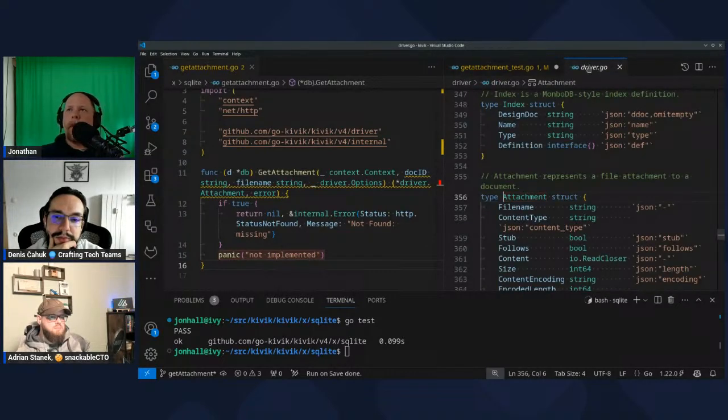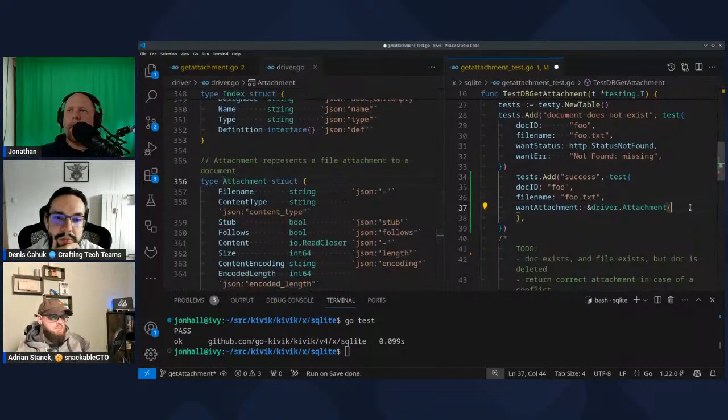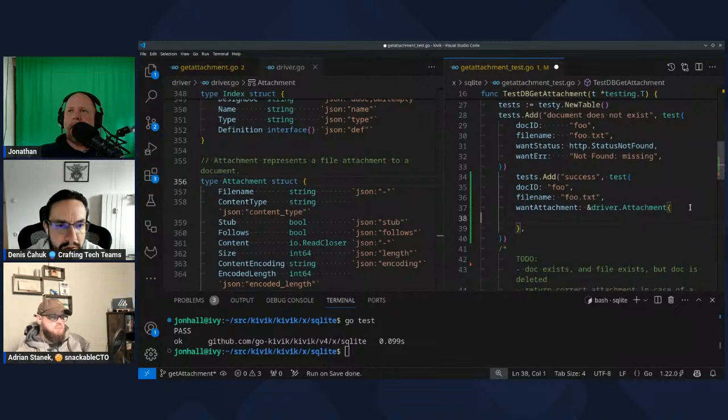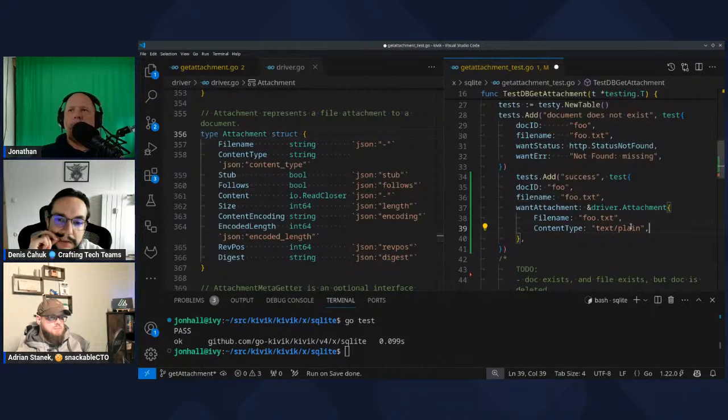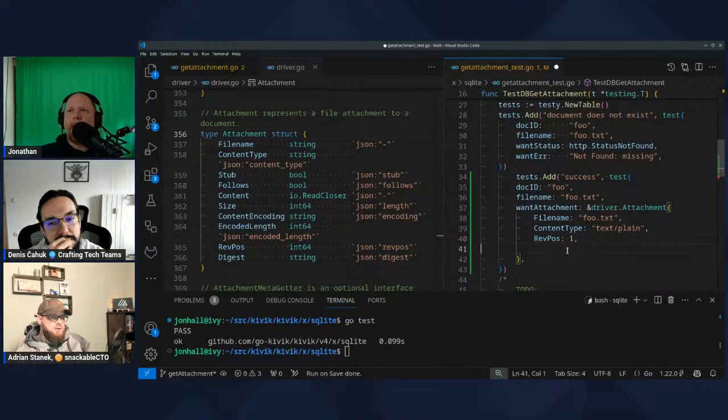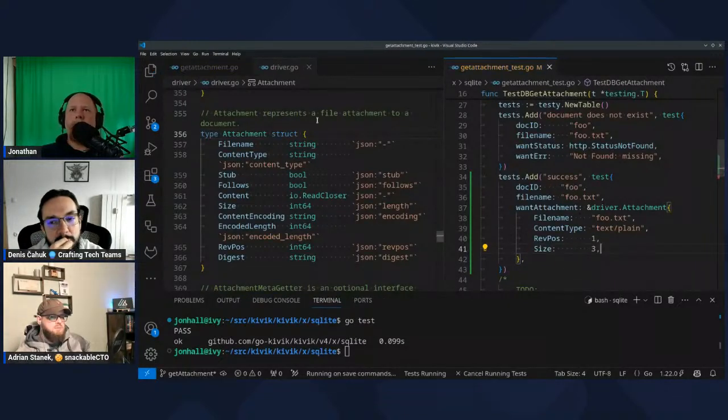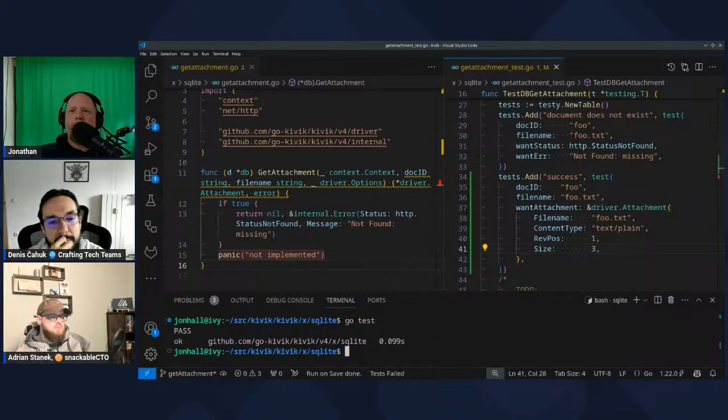I'm going to pull that up here on the left-hand side so we can see what kind of details we want there. Let's say the file name. We can make up these details. Let's just make sure that the content type and the file name are correct. We're also going to get a rev. This is some metadata that you probably don't care about, but I'm going to put it in here. And size should be larger than 0. Oh, size, not length. Size. Okay. So now this test is going to fail. Why? There's at least 2 reasons it fails.